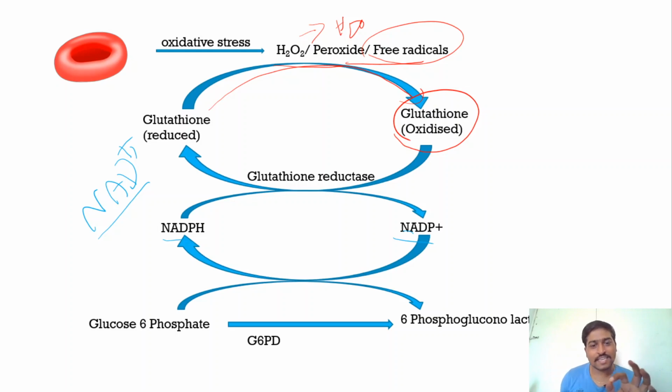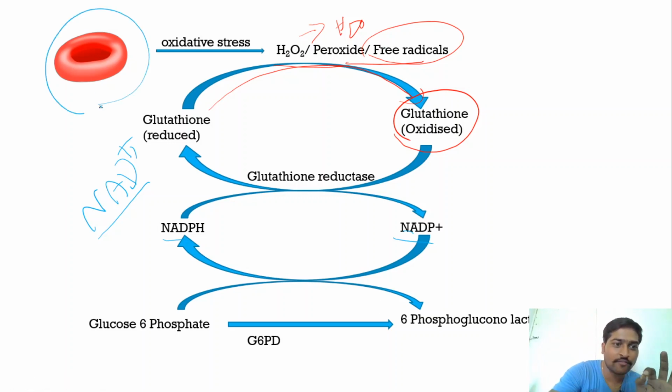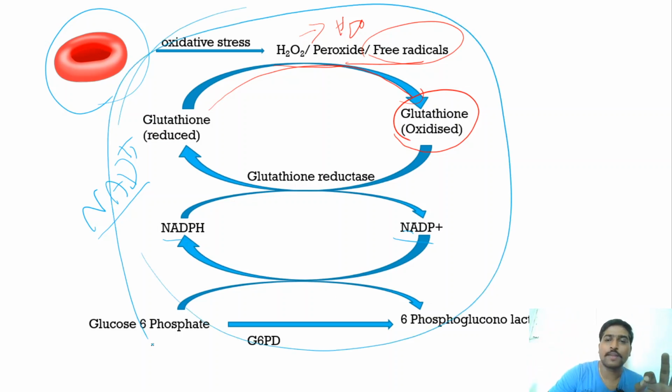So understand the importance of G6PD here: if there is no G6PD, that will show an effect on the blood cells, right? But there are many steps taking place in between. So go through the video once again to understand it. Please go back to the 50 seconds and come back again to understand it better, right? This is the whole story happening in the cell, specifically the blood cell.